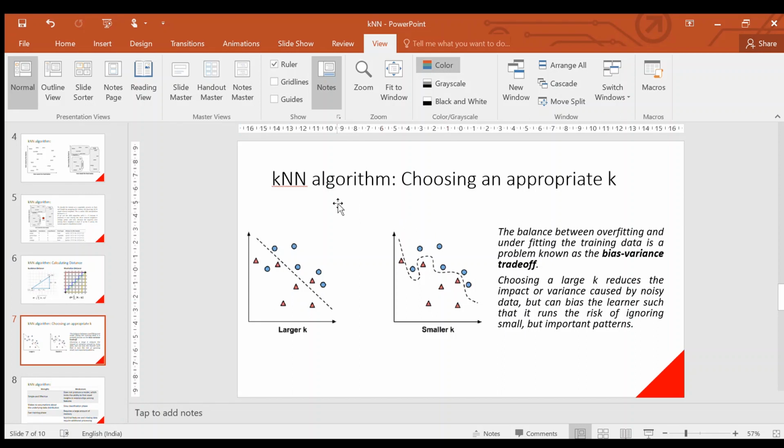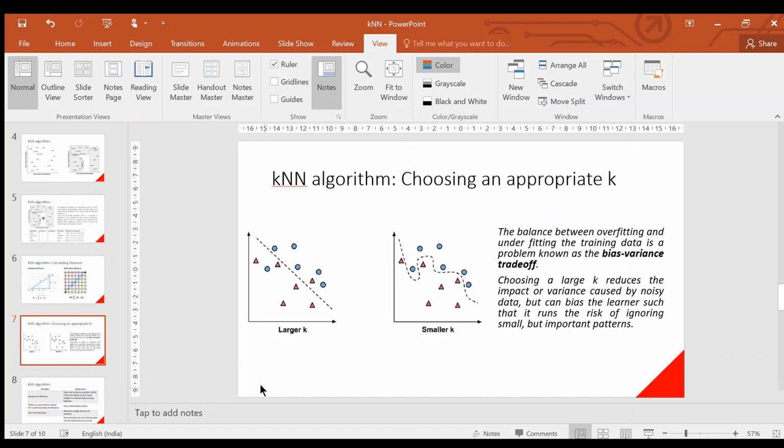As we said earlier, in the KNN algorithm, choosing an appropriate k is crucial, because whenever you choose a small k, it tends to be noisy. But with a larger k, the other problem is that the data points which have the highest number could overtake and create a bias in your decision.